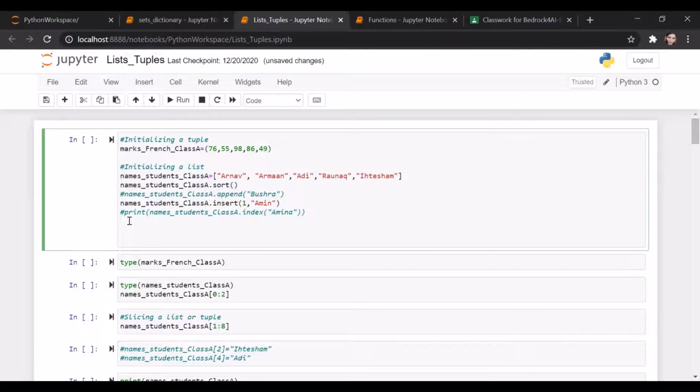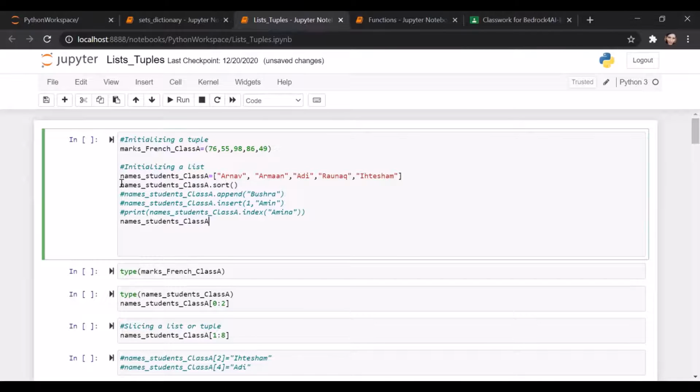Let's print it and see. So I have this list. If I don't sort it, let's put this name here in the first place. What is the element at index 0 in this list?